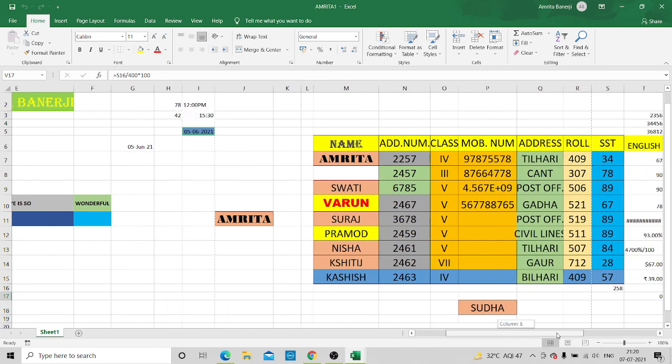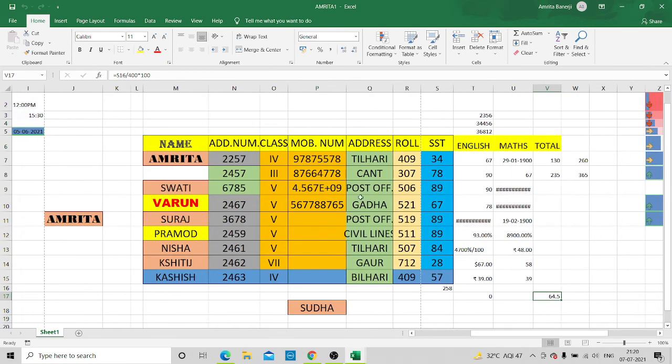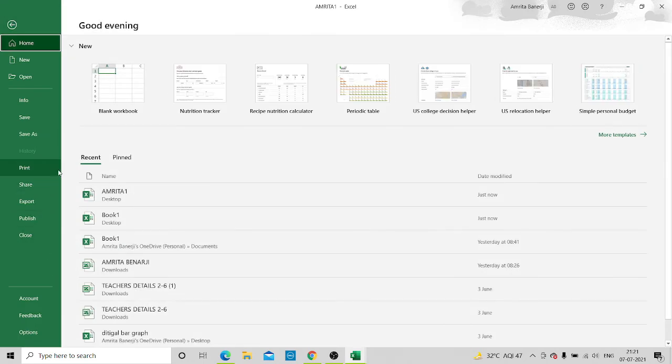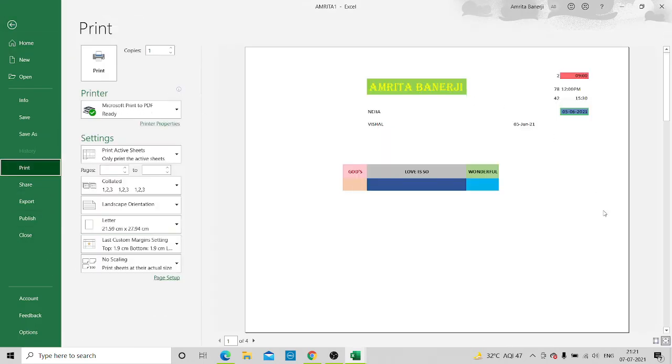If we have to get it printed, we are supposed to specify the part which we want to print. Like this is in the later part of the worksheet, so it is not getting printed. In the preview you cannot see this part, isn't it? I will show you once again in file. When you click on the print option, only the first few columns are visible.